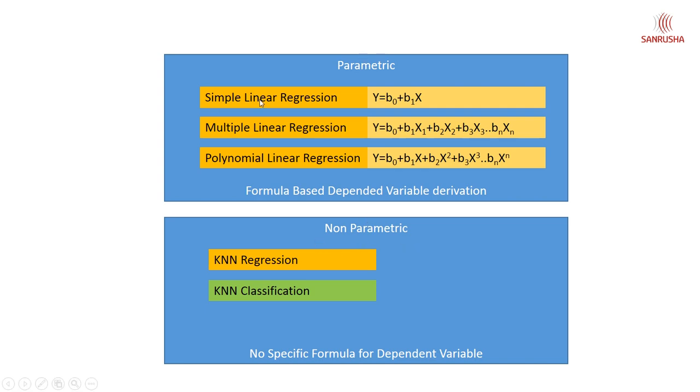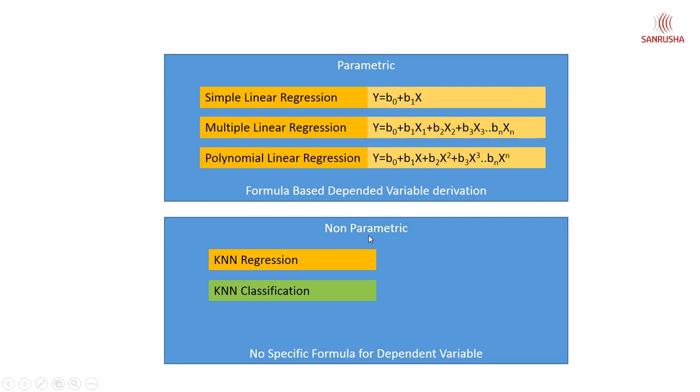You have already gone through simple linear regression, multiple linear regression, and polynomial linear regression in previous lectures. And one behavior you must have noticed is they all have an equation to follow, and based on that equation they derive the dependent variable y. So that is parametric equation. There is already a formula which they follow, and the training data set is fit in that formula. Coefficients are derived, and based on that coefficient the equation is complete, and the rest of the data like test data or future data is put on that equation, and based on that the y is derived. That's how parametric models work.